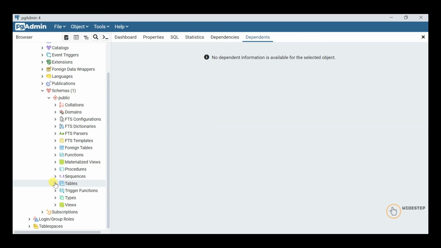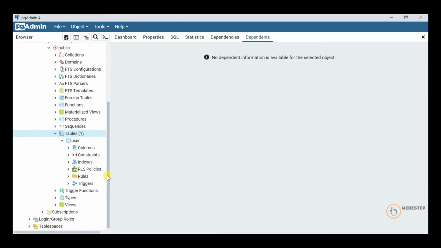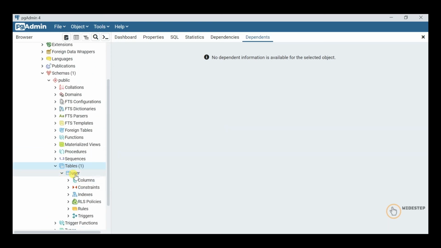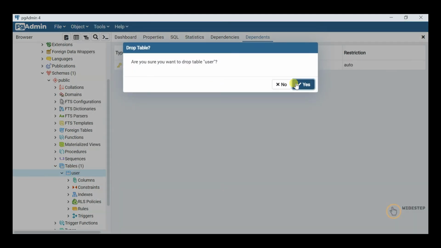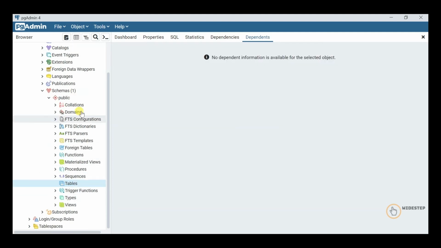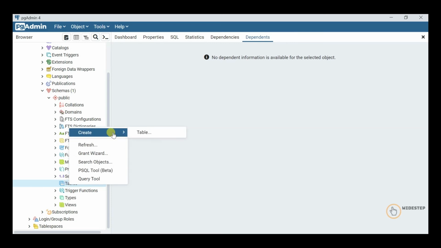So I suppose that we have one table here, so I'm going to delete that and recreate the table again. Right now we do not have any table, right? If we refresh, there is no table here. So let's create one table. Right click on the tables node, and from the create menu, click on table,